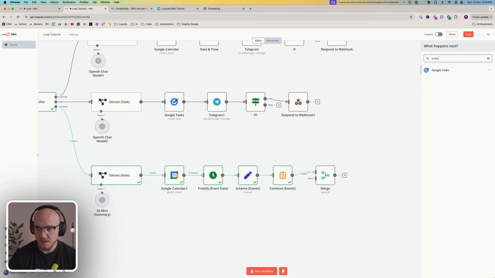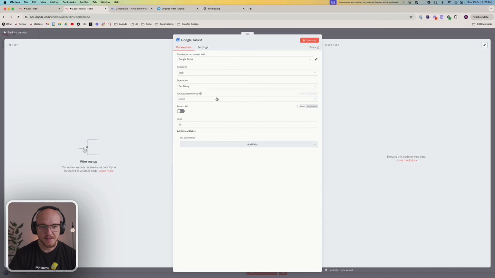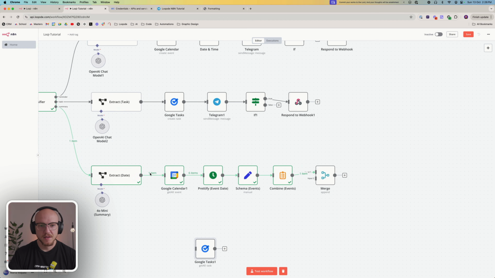and we're going to call this tasks. And we're going to get many tasks. And we're going to get many from AI tasks, but we're only going to get the ones, okay, we don't want deleted and we don't want completed. We just want incomplete, non-deleted tasks. So now I hook this up